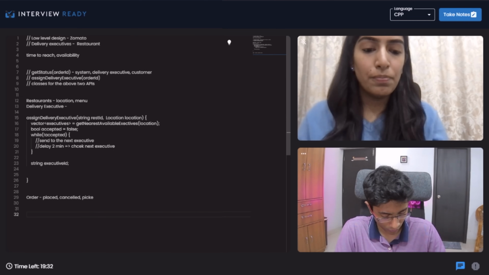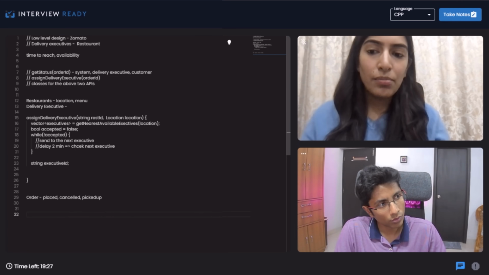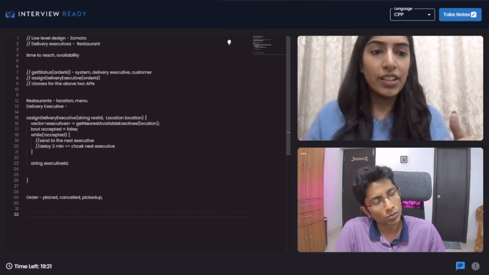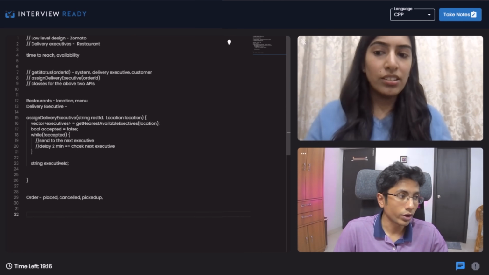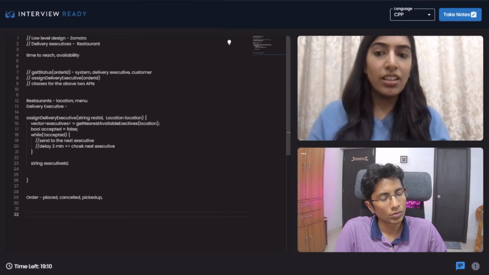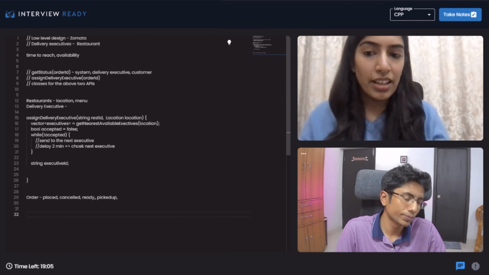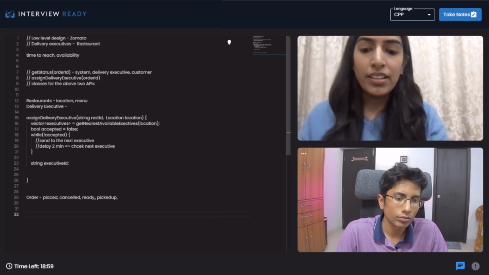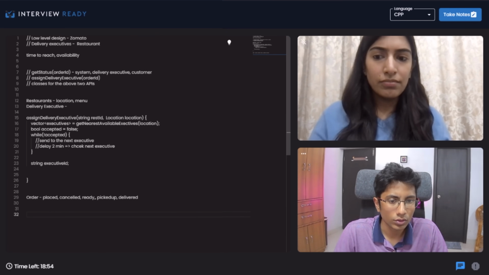One can be picked up now. Okay, and I don't know if they can use this, thinking out loud. So maybe there can be a status like order is ready but not picked up. Right? So if I have to talk in order, first it can be placed. Now after getting placed, it can be ready but not picked up. Got it. So that will be ready. Then one is that it has been picked up and is on its way. Okay. And one is that it is completed, so it is delivered. Okay, and one is like preparing, sort of.